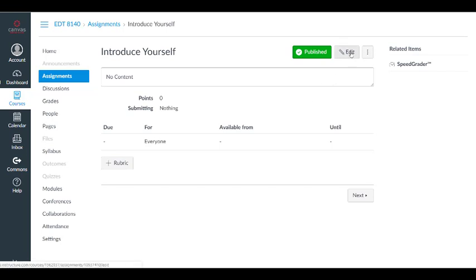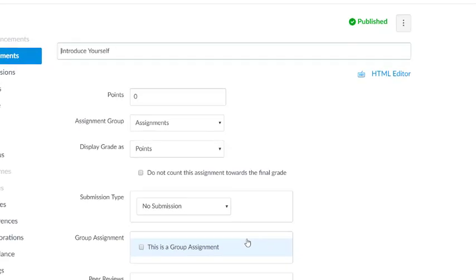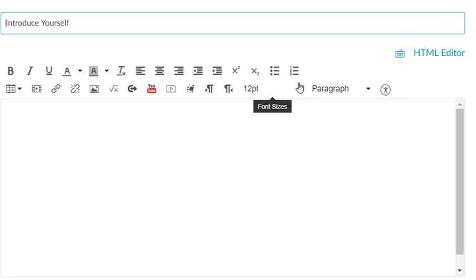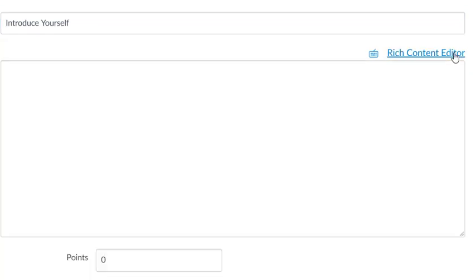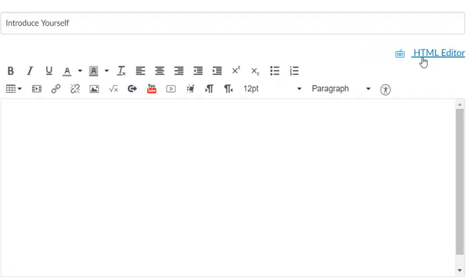So you just want to click edit, and then you get this page come up. Now you have a couple of options. You can create the content using the rich content editor, which is what we have right now, or you can use the HTML editor and do your own coding. Now, we're going to go back to the rich content editor and take a look at all of the options